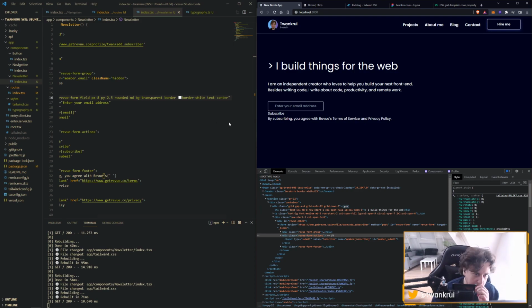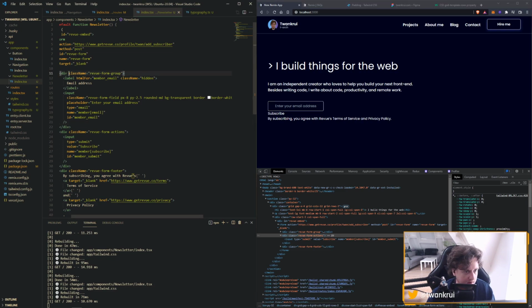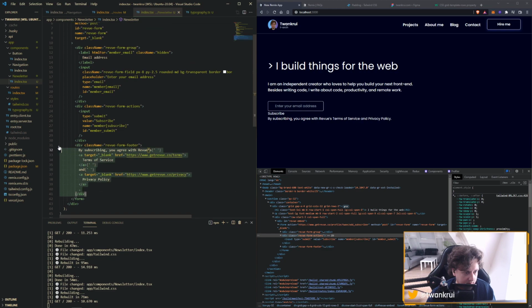No, it's fine. I could type a lot inside of there. This is a form group, which this is required, but